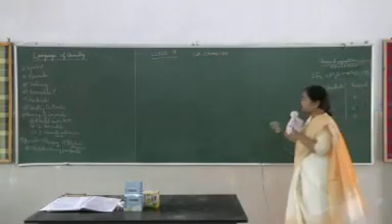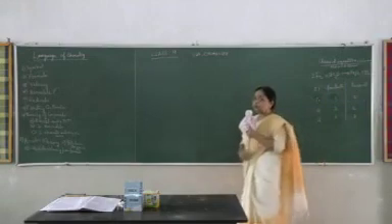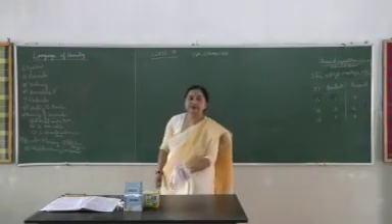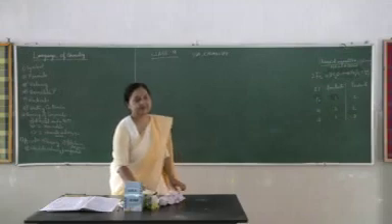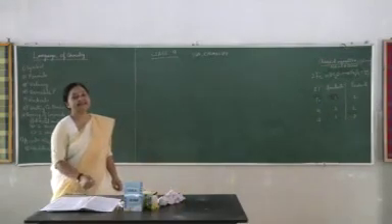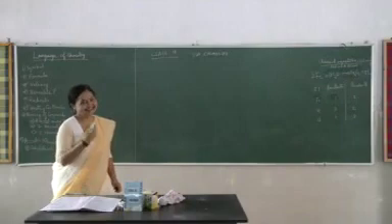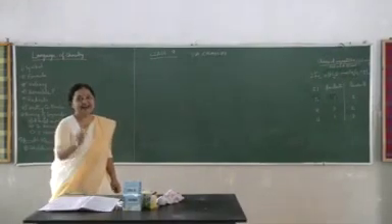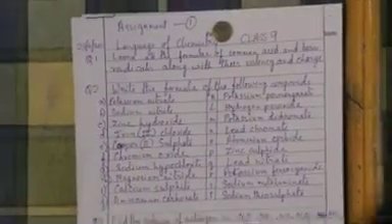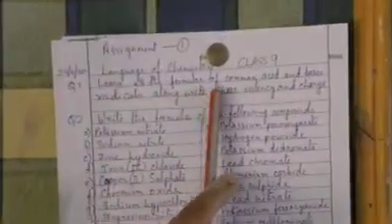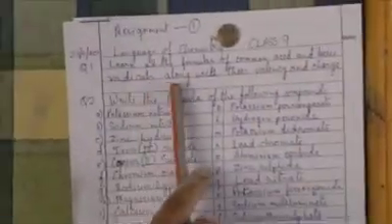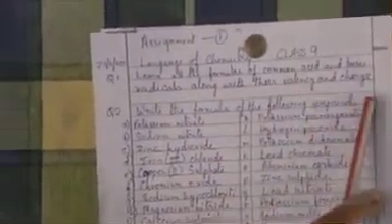This is called a hit and trial method. You have to practice and then only you will be able to do this. Assignment is given. Learn all the formula of common acid and basic radicals along with their valency and charge.